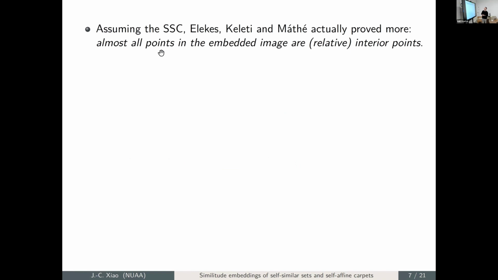Okay. So furthermore, assuming the strong separation condition, Adikash, Kelty, and Massey actually proved a more